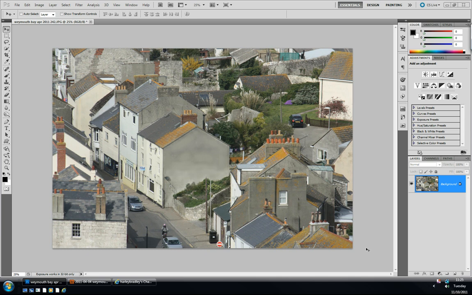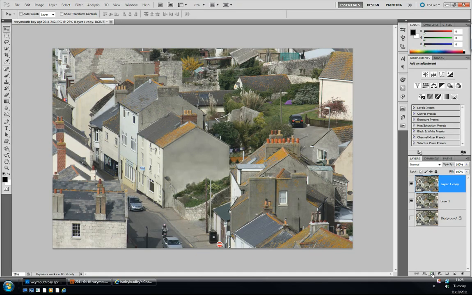So let's get started. The first thing I'm going to do is duplicate this layer. So I'm going to press Control or Command and J, and I'm going to duplicate this twice, and I'm going to turn off the first layer just so I can keep it and revert back to it if I need to. And with the top layer selected, I'm going to click on this layer mask icon